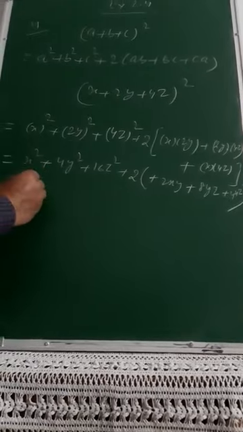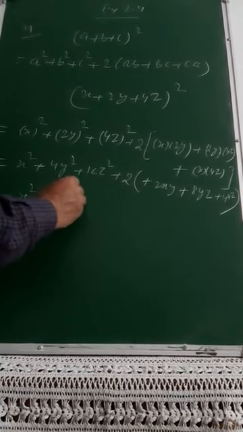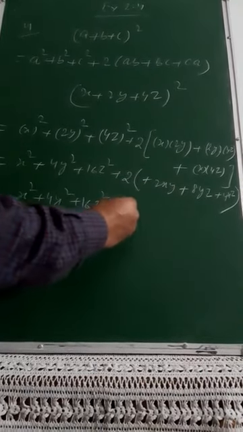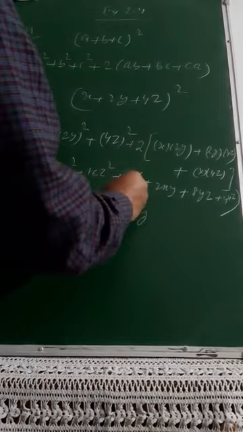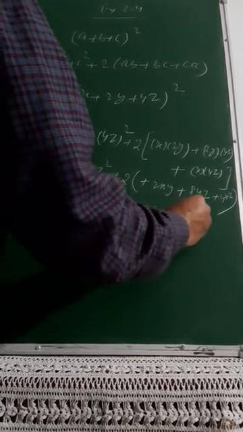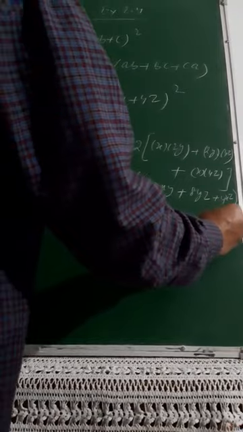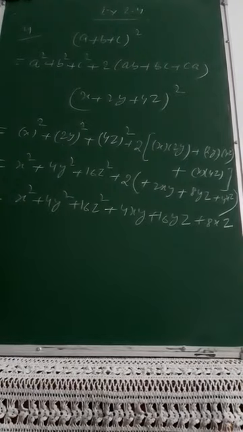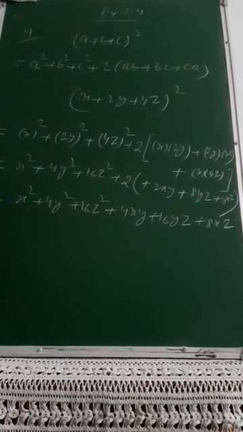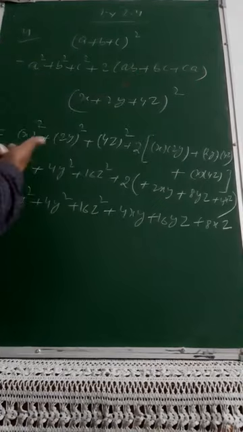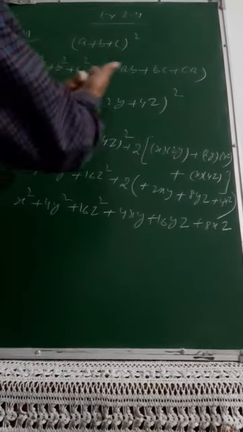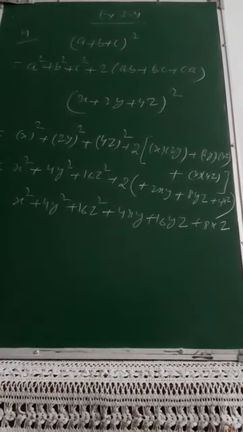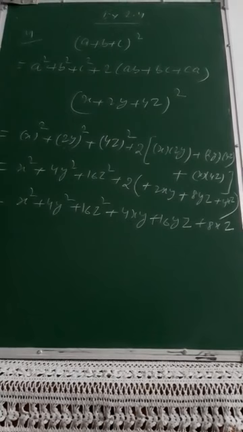Then it is x square plus 4y square plus 16z square. Now you solve this. 2 2s are 4xy, 2 8s are 16yz, and 2 4s are 8xz. Here you can leave your answer. So this was the direct application based upon your (a plus b plus c) whole square. You need to simply identify what is a, what is b, and what is c, and apply those. Put a, b, c in terms of x, 2y, 4z, and keep doing the calculations to get your answer. This was the first part.